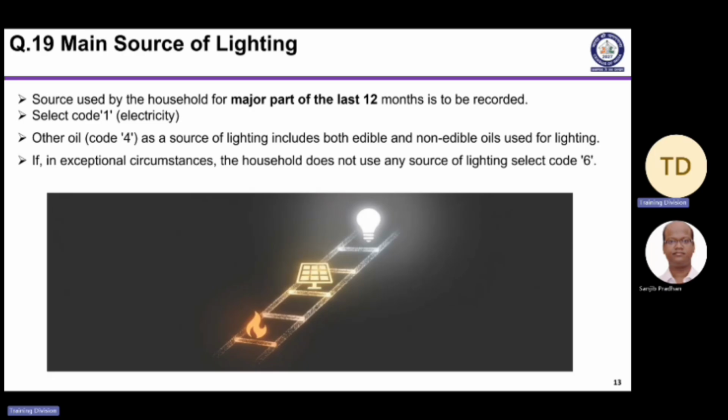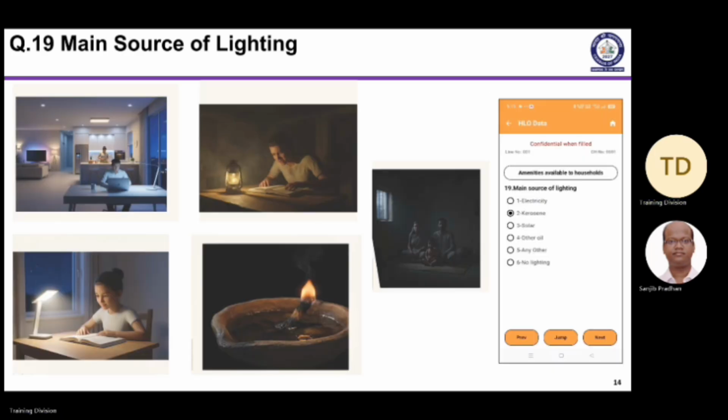So that's why the enumerator should not be in a hurry while coding, asking questions or recording the responses. We should tell them this also: while you are selecting the codes, the concepts will be clear, you will be asking the questions correctly, you will be getting the correct answer. You know the correct answer, but be careful that while selecting, you have opted for the correct one. That is why after recording all the questions, preview is very important. Reading out the responses is good not only for the respondent, it is good for the enumerator also. It's okay. So that's important.